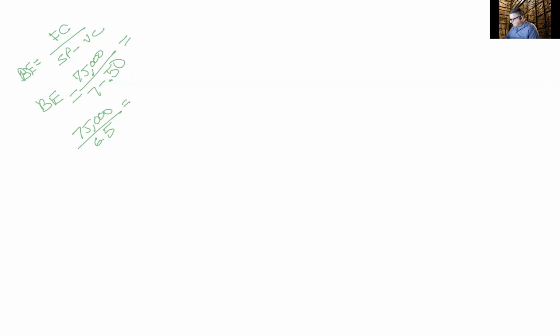Now, this is going to be in units. This is how many units you're going to have to sell to break even, right? So I'm going to go ahead and round that up. The number they give me is